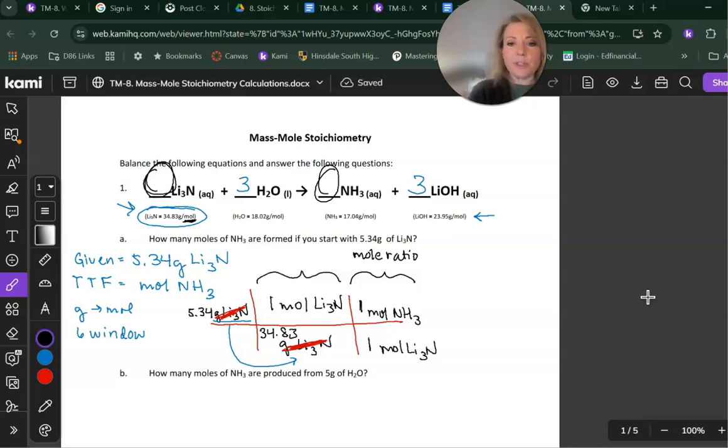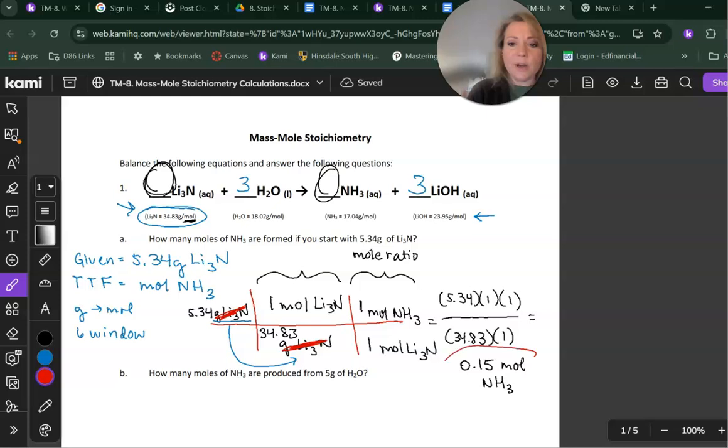Now, in order to calculate this out, I have to multiply the numbers across the top together. So I get 5.34 times 1 times 1. And I'm going to divide that by the two numbers on the bottom multiplied with each other. 34.83 times 1. And when you punch all of that into your calculator, you should get 0.15 moles of